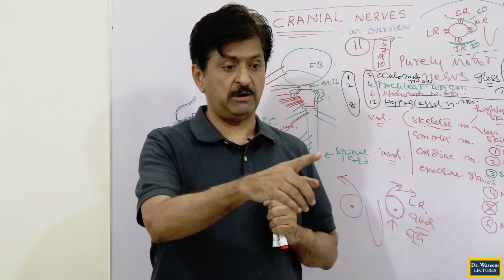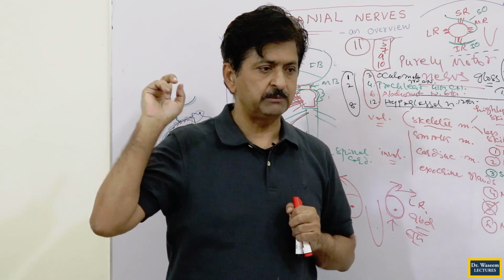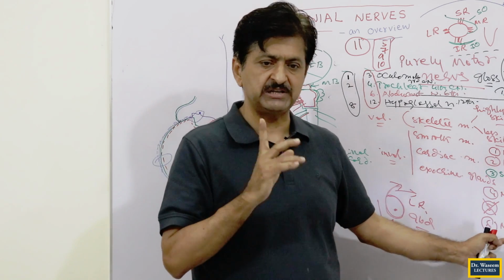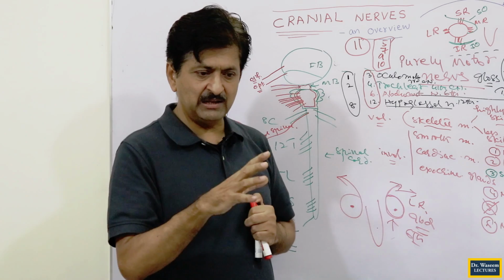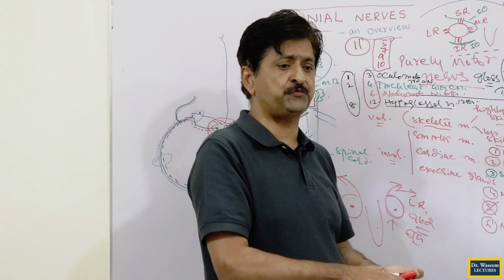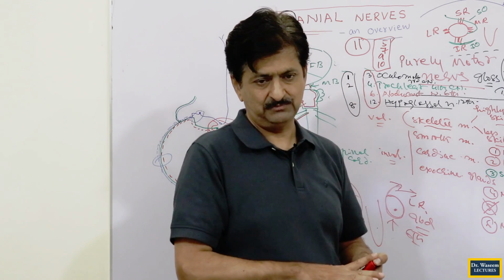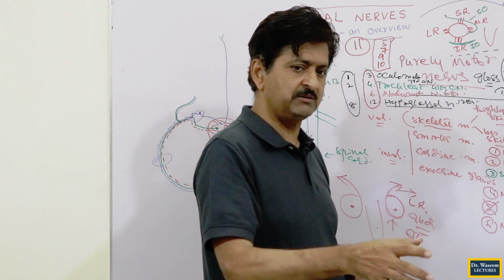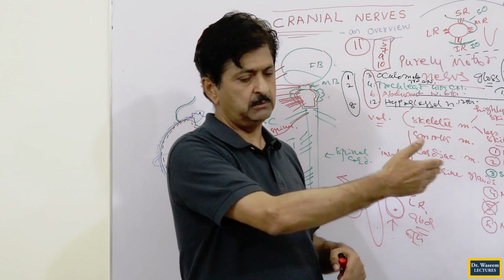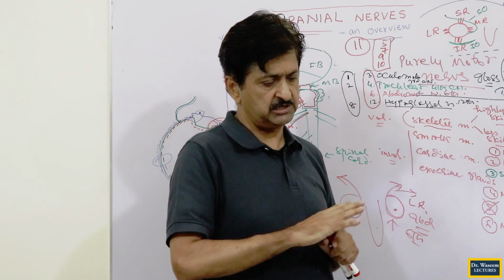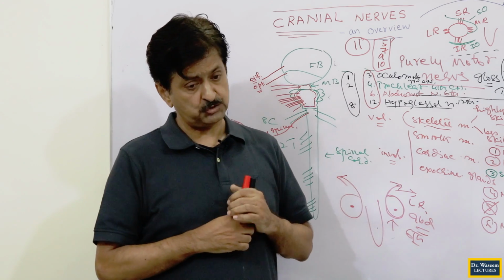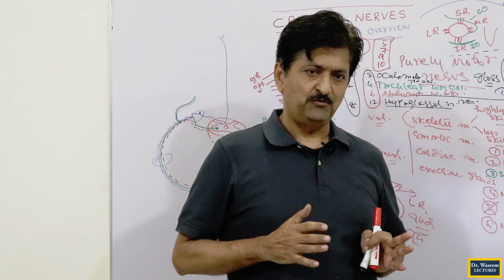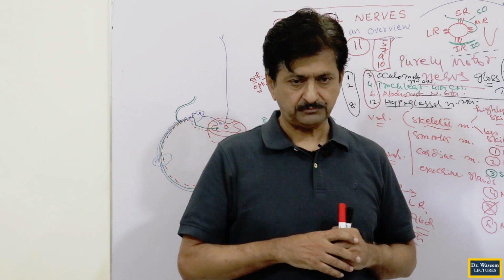Mesenchyme of what? If you remember from head and neck development, mesenchyme of the pharyngeal arches. These are muscles which develop from pharyngeal arches. So any nerve which supplies muscles of these arches must be mixed, because when entering the arches, it has to supply not only the muscles which develop from the arches but also the sensory tissue present there. So it has to be mixed, because if you enter the world of pharyngeal arches, you have to be mixed.